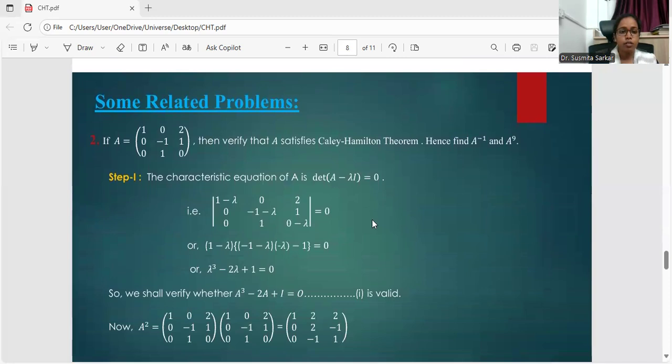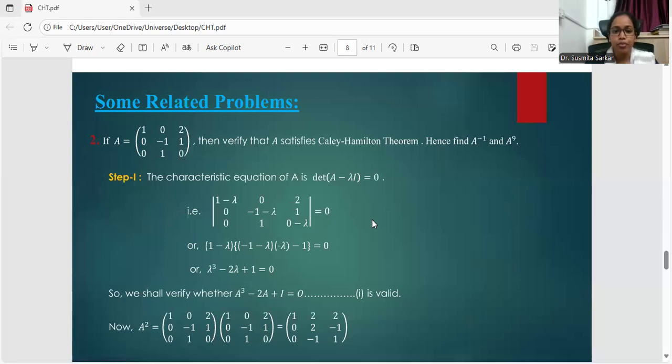Here is another example. If A is a 3 by 3 matrix, with rows 1 0 2, 0 −1 1, 0 1 0, then verify that A satisfies its Cayley-Hamilton theorem, and hence find A inverse and A to the power 9. To verify the Cayley-Hamilton theorem, we have to first find the characteristic polynomial and characteristic equation of